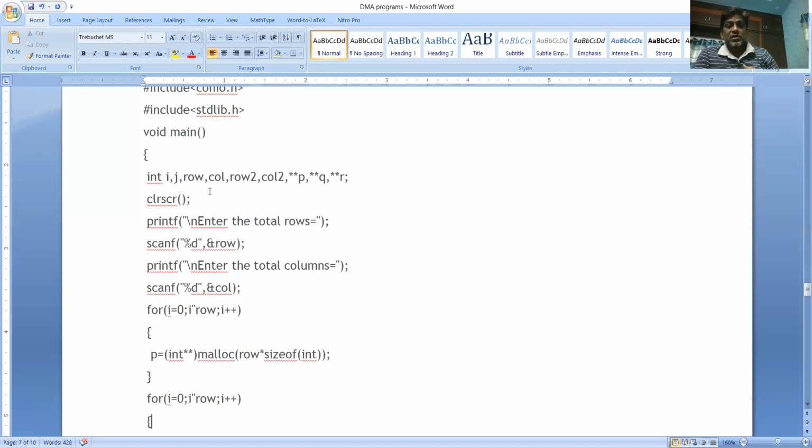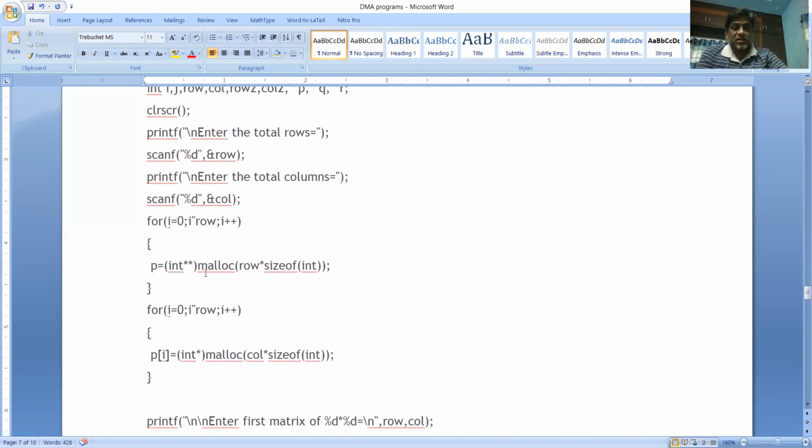Then I'll start by asking the user how many rows are there in the first matrix, and copy it to &row, then the number of columns in the first matrix, copied to &column. Then ask the user to enter the elements, but you need to allocate memory here. Look at this syntax.